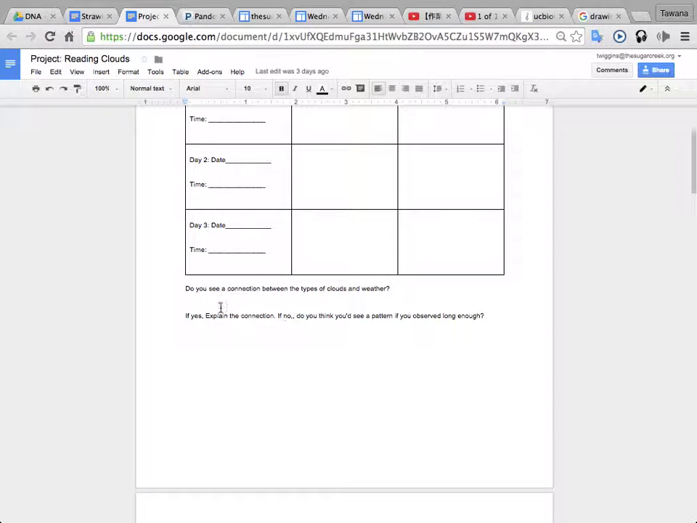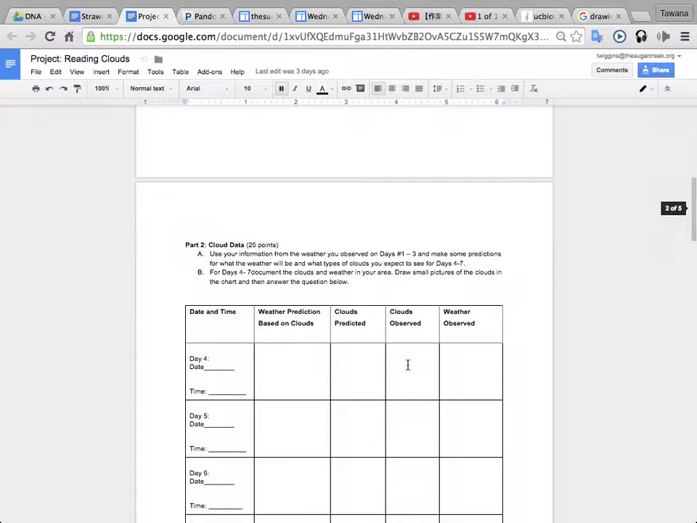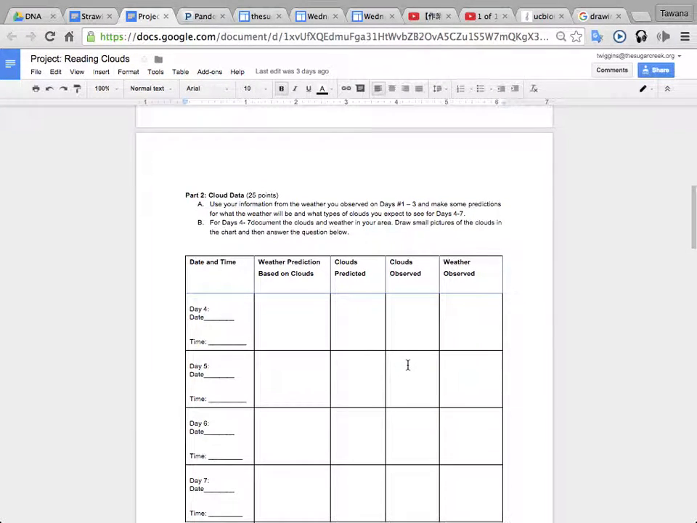Looking down underneath this chart, you also need to answer this question. Do you see a connection? That's a yes or no question. But the next part, you have to go further. If you see a connection, explain what the connection is. If you don't see a connection, then you need to also do something there. All right? Now, going a little bit further, you need to look on the back of that sheet